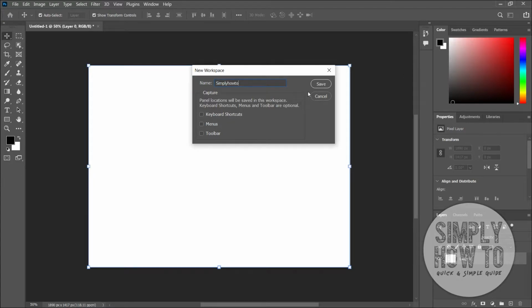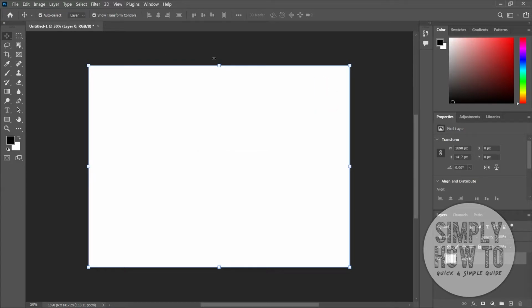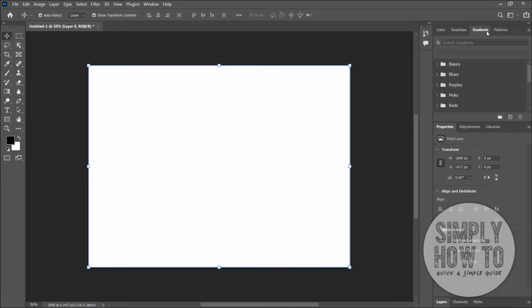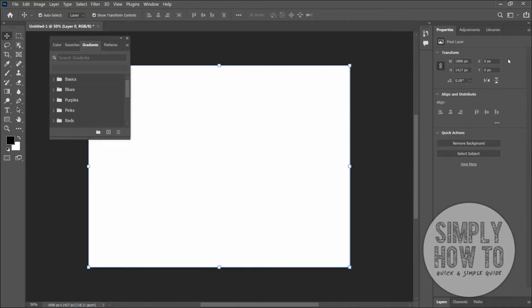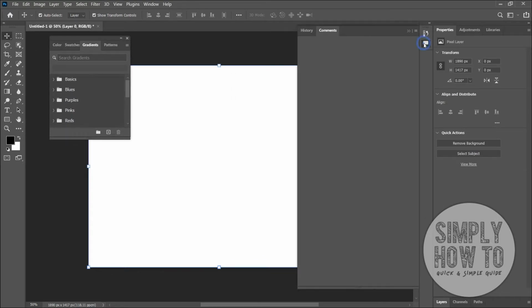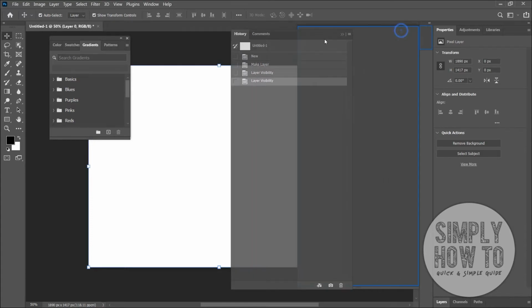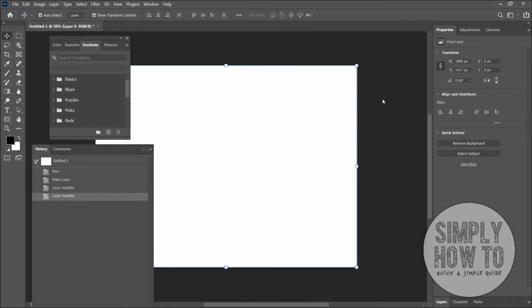So now when you save this workspace, you can make any changes to the type of windows that you want. Let's say I want this workspace not to have the color option but the gradients option, and I want them separately. And let's say I want the history command, I want this separately too. And once I do this, the changes will now be saved into this workspace that I recently created,